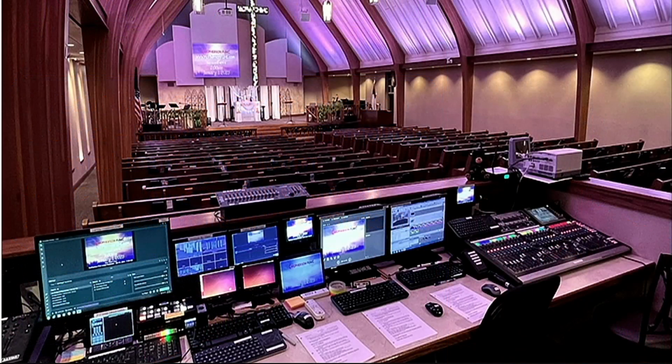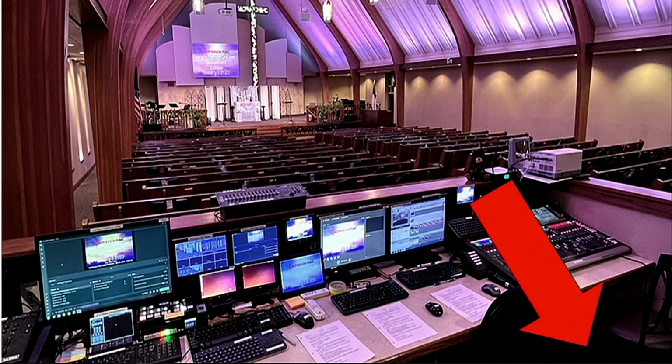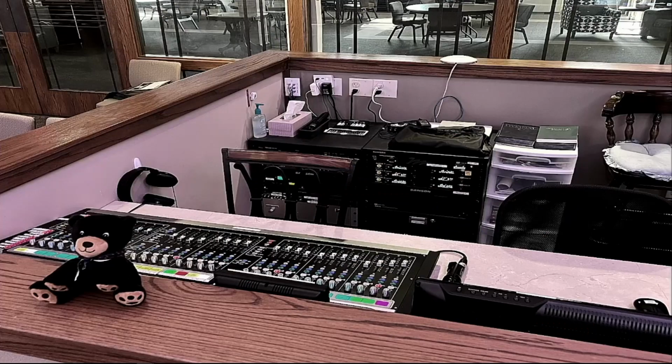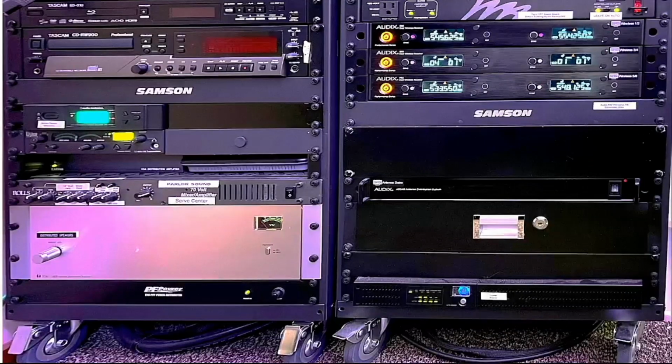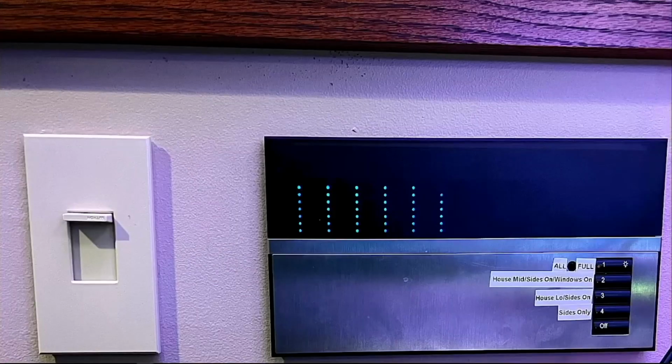When you first arrive at church, it won't look like this. You're going to have to go through and first of all power everything up. In our system, we go through and behind we have a rack that you begin with. In this rack, there's a switch called audio power. Some churches are a little bit different, but you generally have a rack like this. This is actually a sequencer. It will turn things on in the proper order. Once you power this up, a lot of the system is on, but you still have to go back and